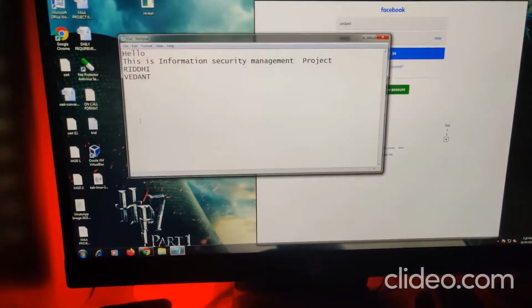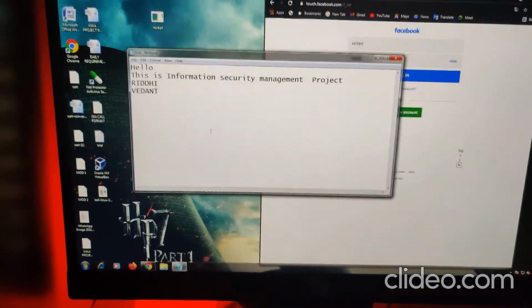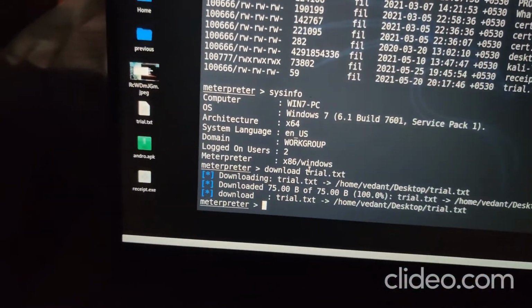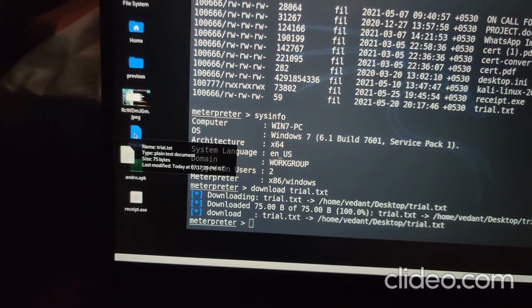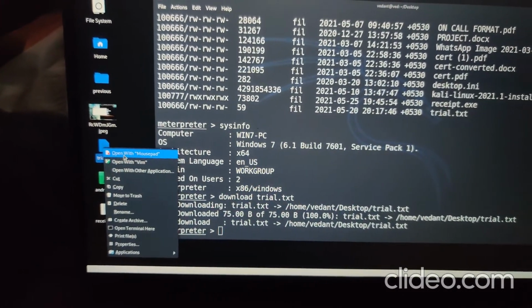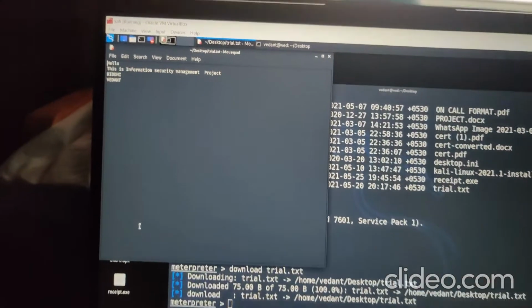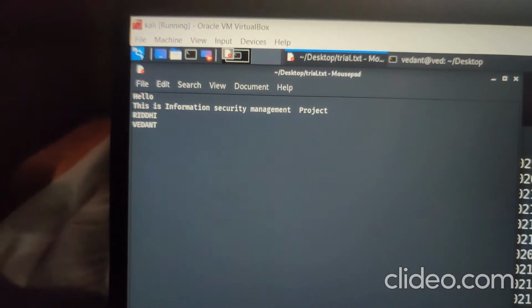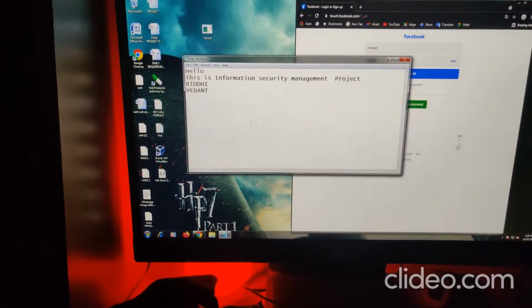So as I showed you on the victim's PC, it was this file, and now it is on my desktop of Kali Linux. I'm just going to open it. We see it is the same content that is written in the txt file which was in my PC.